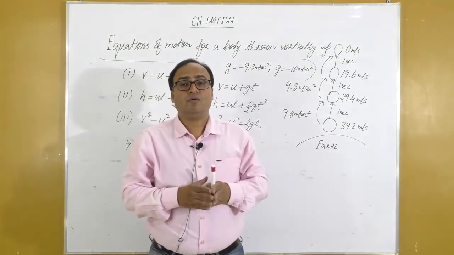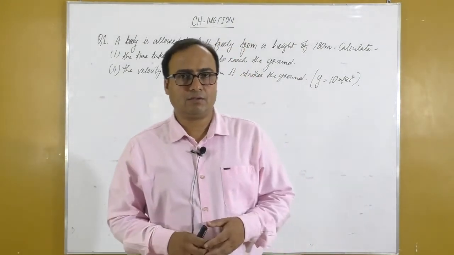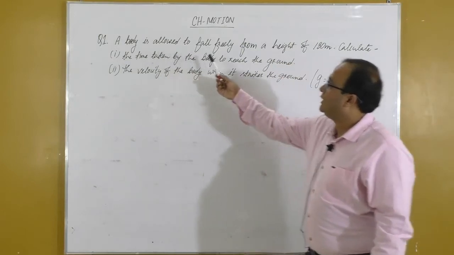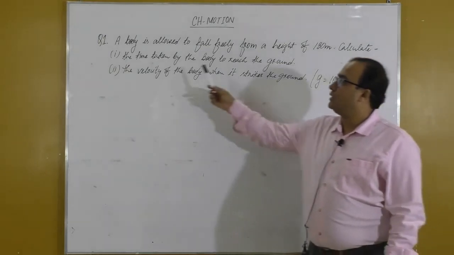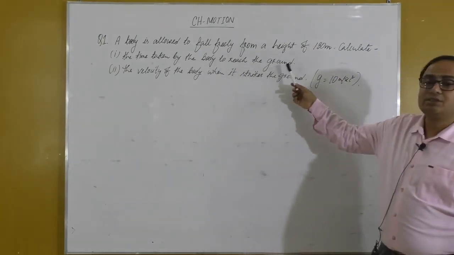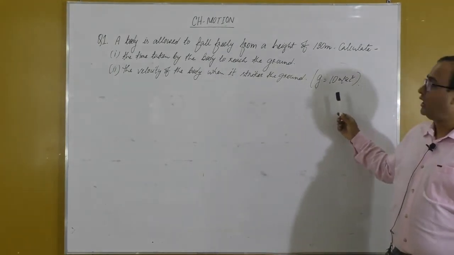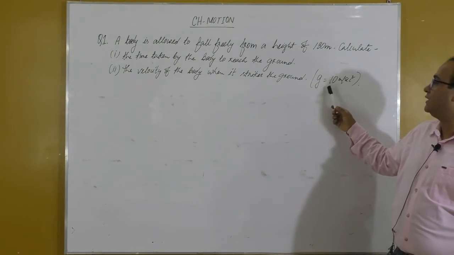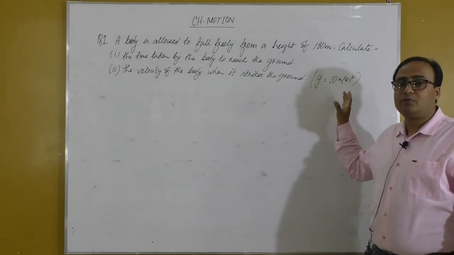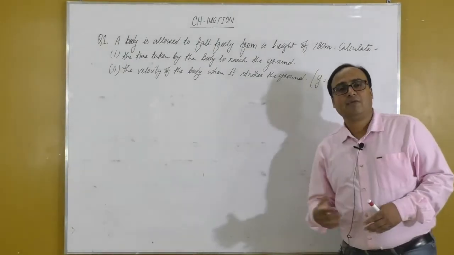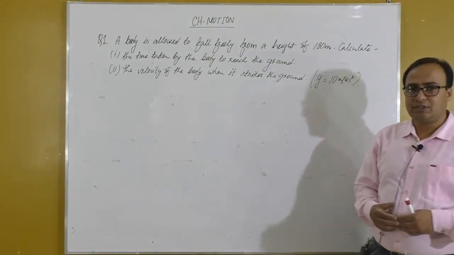So now we are going to discuss numericals. Now we'll discuss first numerical. Question number 1. A body is allowed to fall freely from a height of 180 meter. Calculate number 1, the time taken by the body to reach the ground. Number 2, the velocity of the body when it strikes the ground. And value of G for solving the numerical is given here. g इक्वल्स टू 10 मीटर पर सेकेंड स्क्वायर। g का वैल्यू अगर गिवन है तो आप लोगों को वही वैल्यू यूज करना होगा, अगर गिवन नहीं है यू कैन यूज 9.8 और यू कैन यूज 10 डिपेंडिंग ऑन द सिचुएशन गिवन इन द क्वेश्चन।